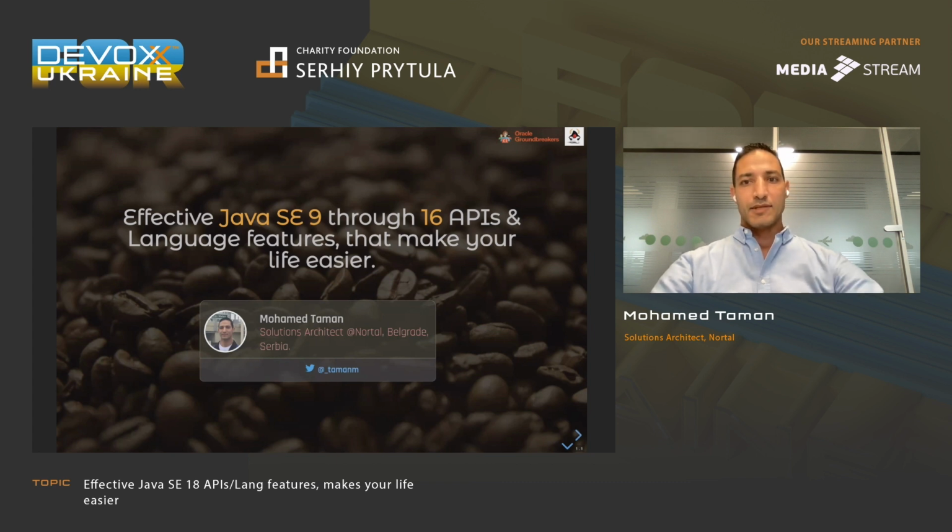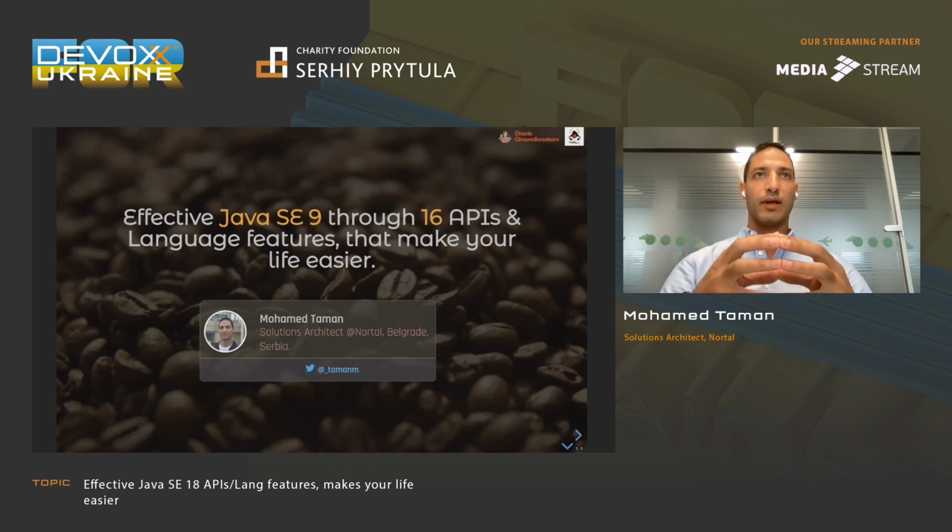So let me speak about this presentation. Actually, it's not about speaking about all the features that were included since Java 9 until 16 or 17 or 18 or what's upcoming in 19. It's always the most touchable features that we need to be aware of to make our development life easier, and also based on the code reviews,